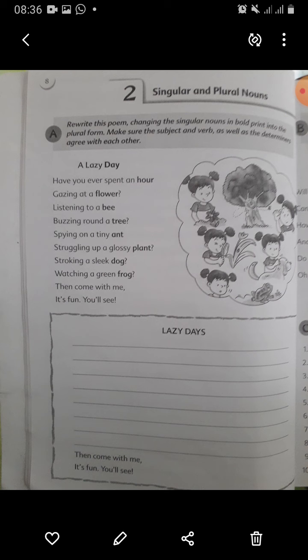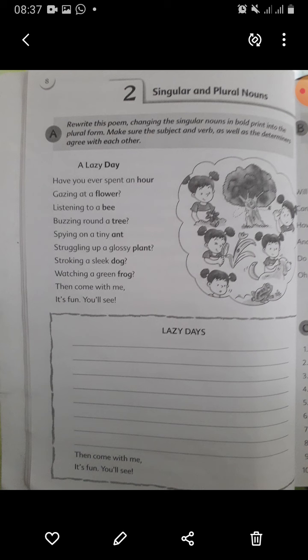Listening to bees. Buzzing round trees. Spying on tiny ants. Struggling up glossy plants. Stroking sleek dogs. Watching green frogs. Then come with me, it's fun, you will see.